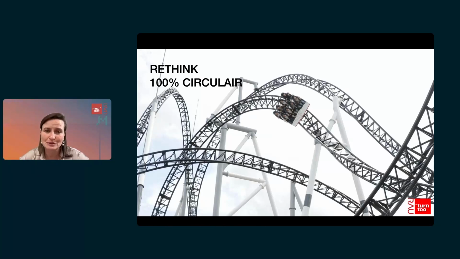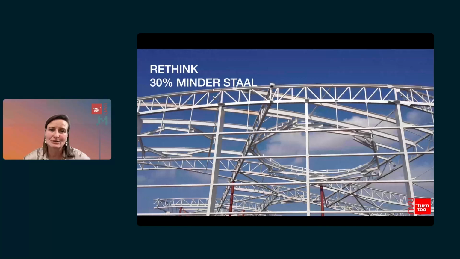And we came up with a roller coaster company, and we actually approached a Belgian roller coaster company to help us design the roof. They first thought we were crazy, but then we told them, you probably can design a horizontal roof. And that is exactly what they did. So here you see the roof structure of the building, and you still see the roller coaster structure in here.